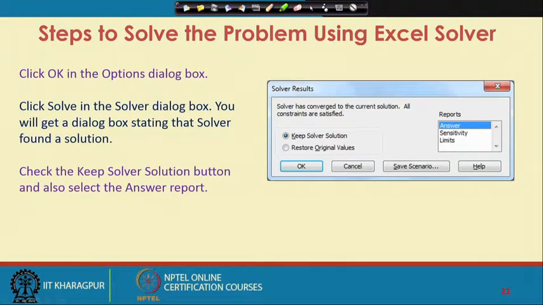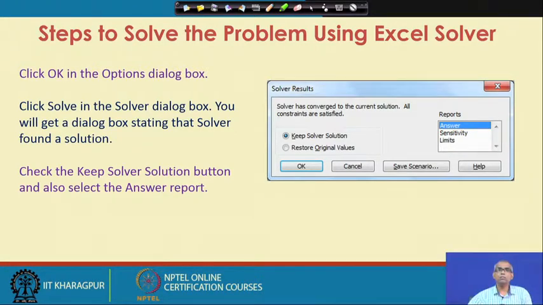Now, after clicking solver, you have indicated your objective function, the kind of problem, minimization or maximization, you are solving, and you have indicated the decision variable, that is the changing cell.